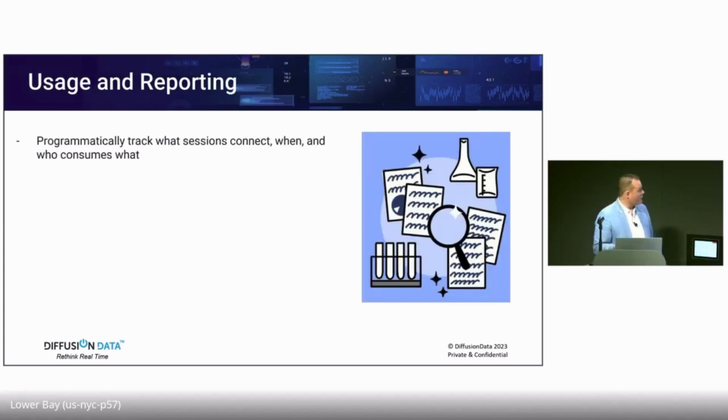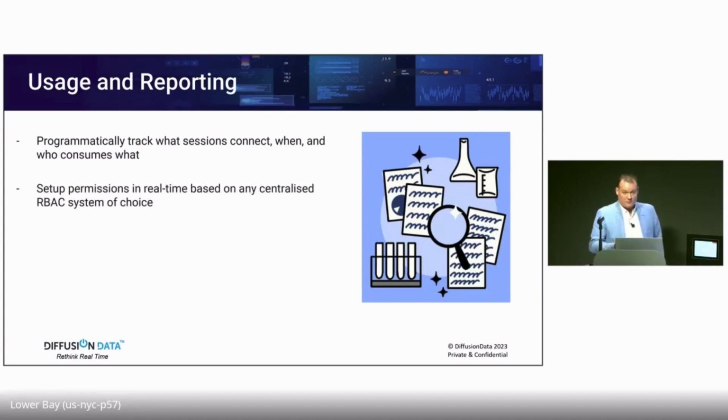I have gone through some of this already. We've mentioned that there's an API for tracking exactly who is using what data when they connect, when they start subscribing, and when they stop subscribing. So that allows us to do automatic reporting, like to exchanges and so forth. I've mentioned that we can deploy permissions, change the permission system and so forth in real time, but our customers tend to centrally manage within their own platforms, and we just talk to their permissioning system.